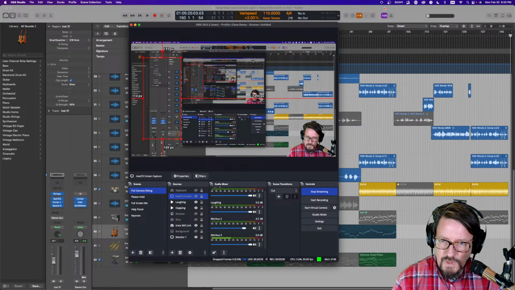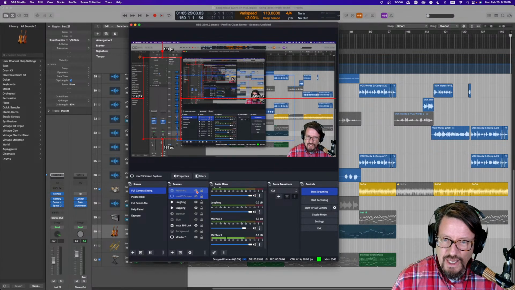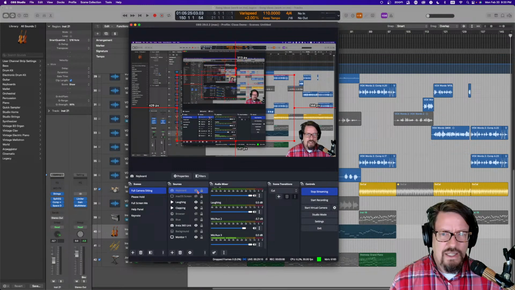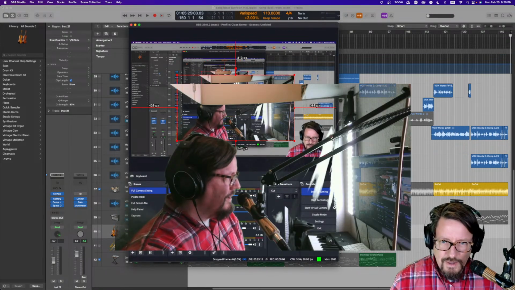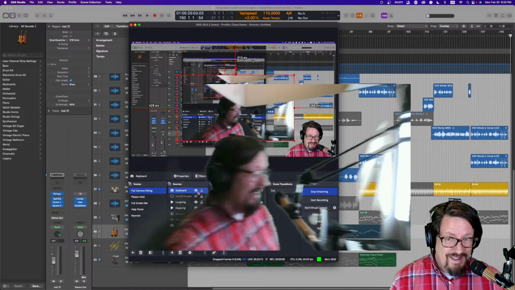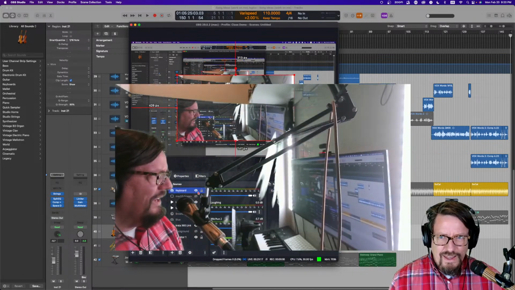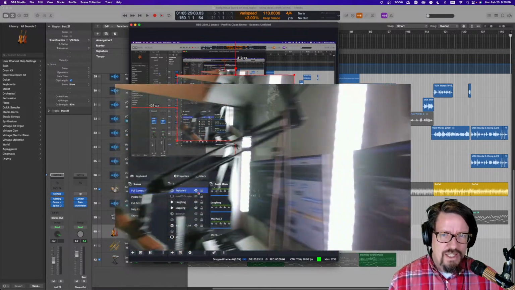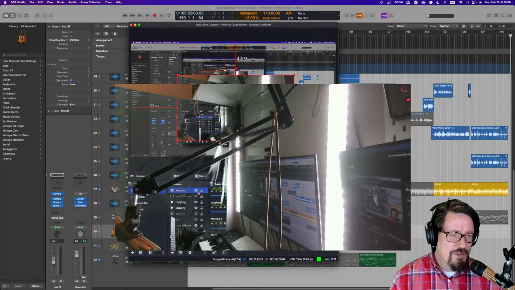Now, you can do multiple cameras in here. And in fact, I have a second camera, one that I often put on my keyboard. And right now I put it in the middle of the screen, and it's actually aimed over at me. So I'll turn this on for a second. So you can see, hey, not as nice as the first one, but it does give you a sense of where I have some lights